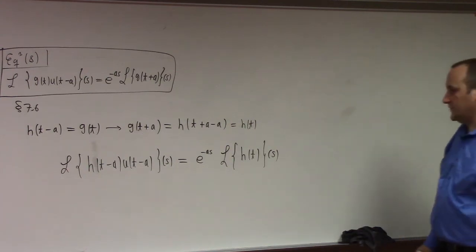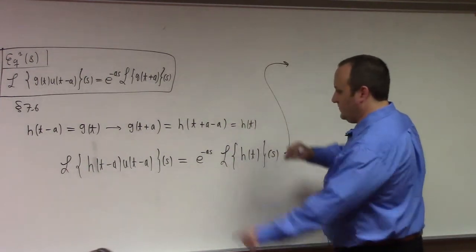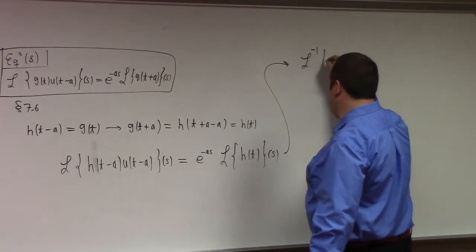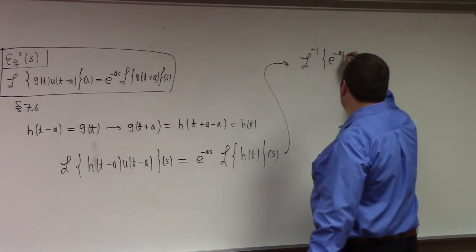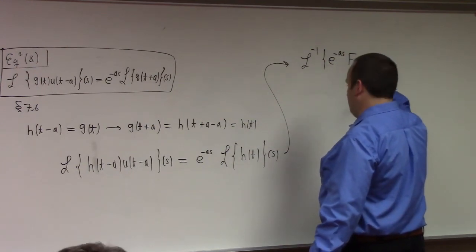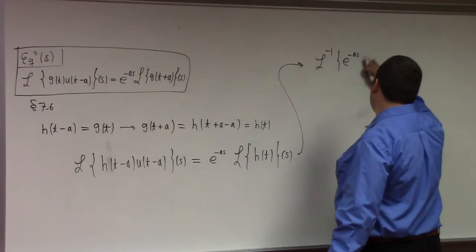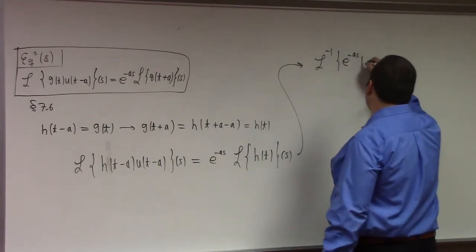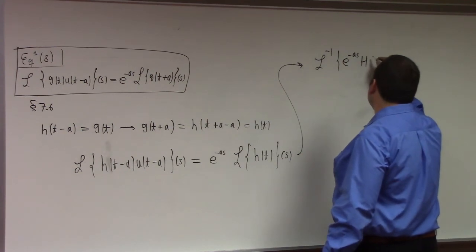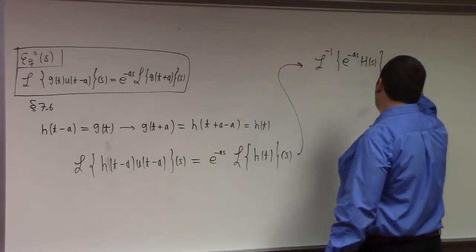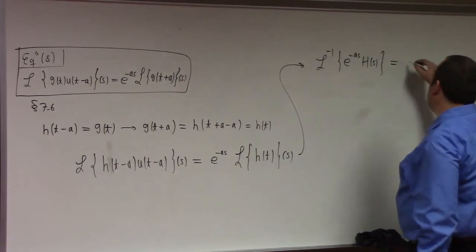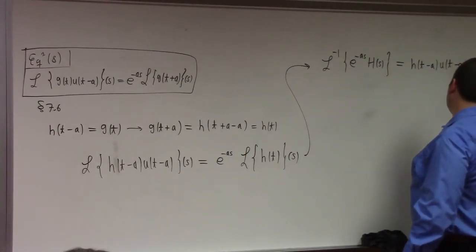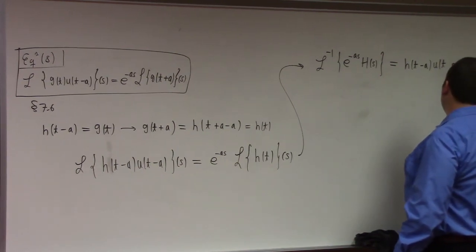In fact, it's even more useful if you take the inverse Laplace transform on both sides. What this says is that the inverse Laplace transform of e to the minus as times, let's say, h of s, what is it equal to? It's equal to h of t minus a times u of t minus a. So this actually gives me a nice